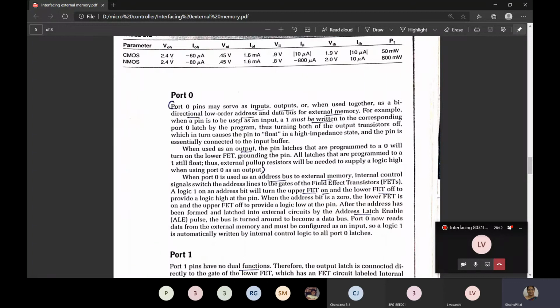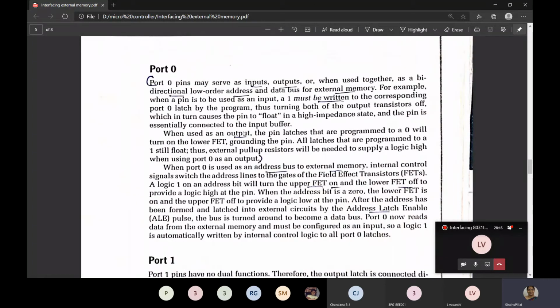Port 0 pins may serve as inputs, outputs, or when used together as a bidirectional bus. It can send both address and data bus for external memory. Now we had seen, to make it an input pin, 1 must be written to the corresponding port 0 pins. All 1s should be written.